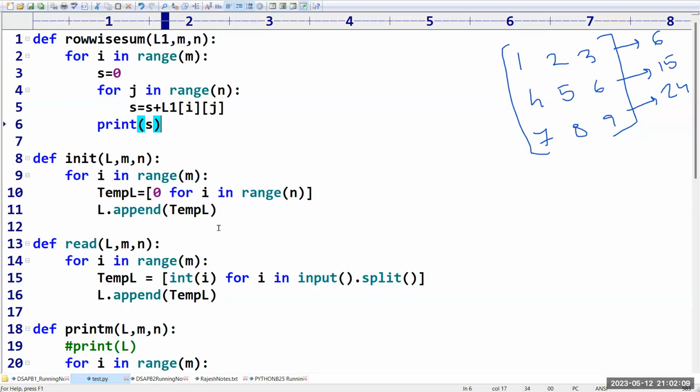If I want to print these values row wise, then what we have to do? I am taking a formatted string. So, the ith row, the first row sum is equal to, I am going to print in the form of